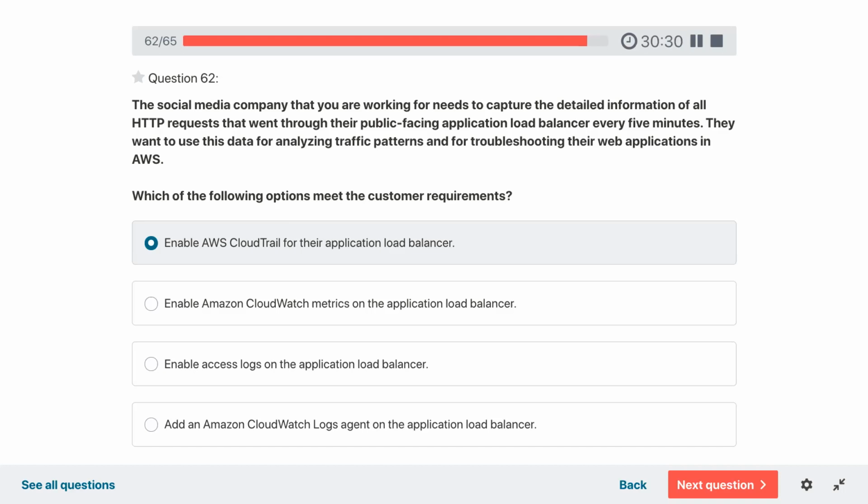So there are two things. CloudTrail usually gives data after 15 minutes. What they want is for every 5 minutes they need this data. They need to capture the detailed information of requests that went through their public facing application load balancer every 5 minutes. They want to use this data for analyzing the traffic pattern. So they can enable the logs on the application load balancer,